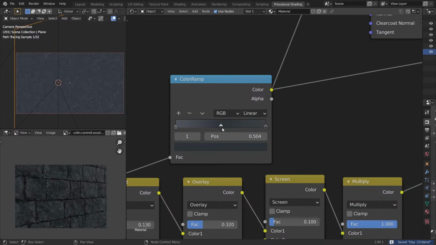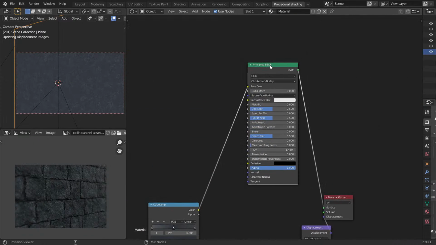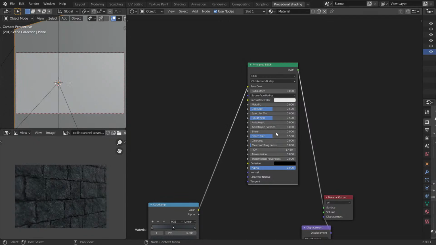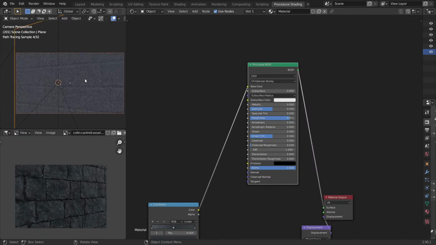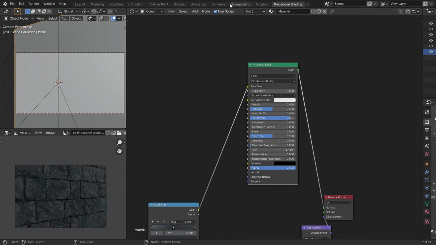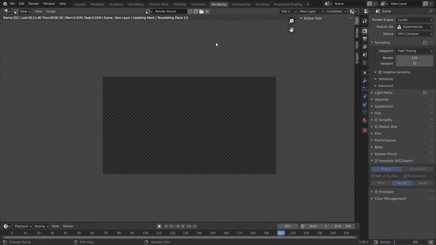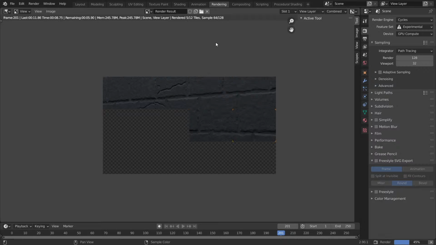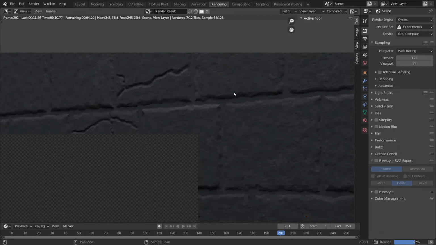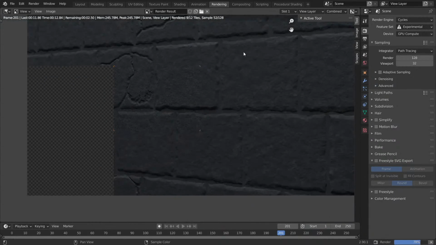How about that? Now let's look at the principled shader, except with full roughness for now, really high roughness. So let's give it a render. It's going to look fine once we start adding more specular and then a little bit of gloss. But yeah, these are the basic shapes of the whole thing, the rocks, and we can still give some variations